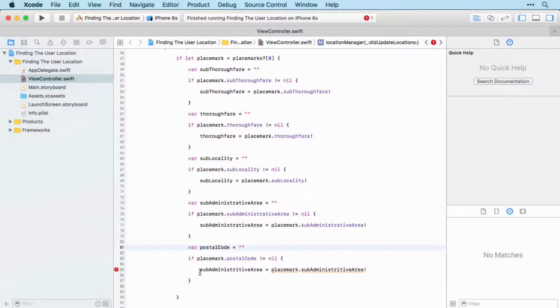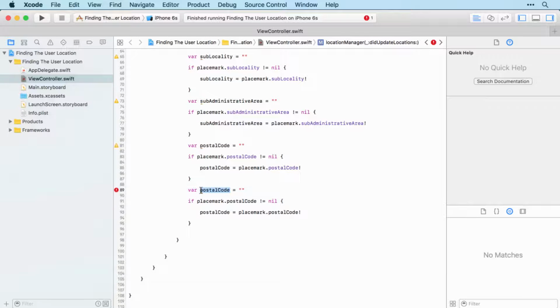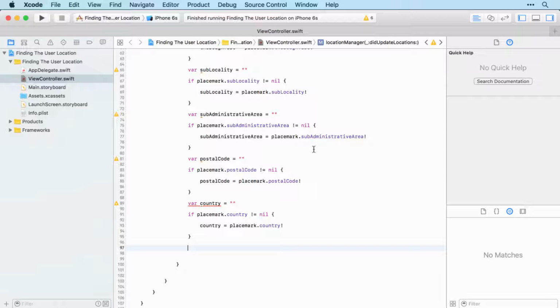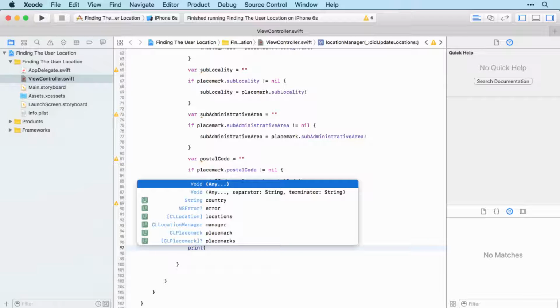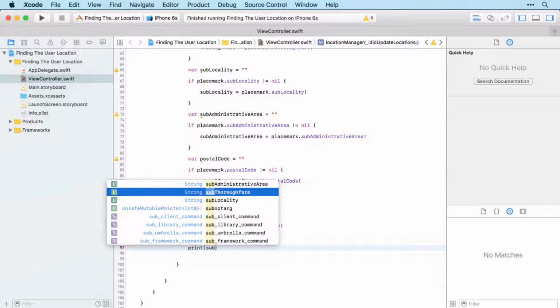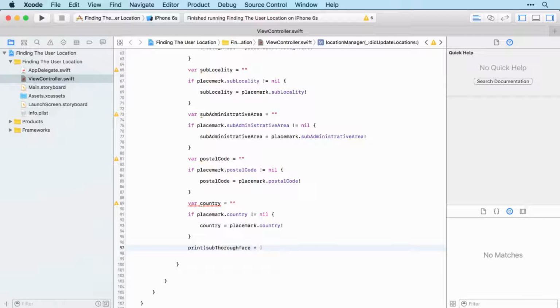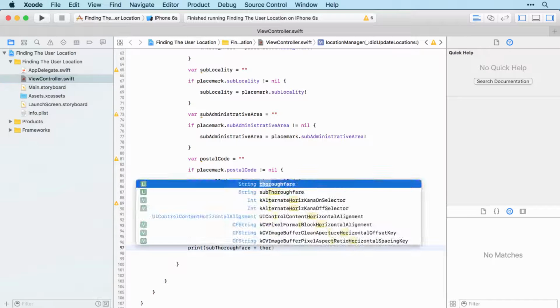So we'll set that to an empty string. And if it exists within the placemark, we'll update the empty string to that. And then finally, we have the country. So placemark.country everywhere. All right, and then finally, we're going to combine all of those into a single print statement where we're going to print subThoroughfare, which is essentially the number, and then thoroughfare,